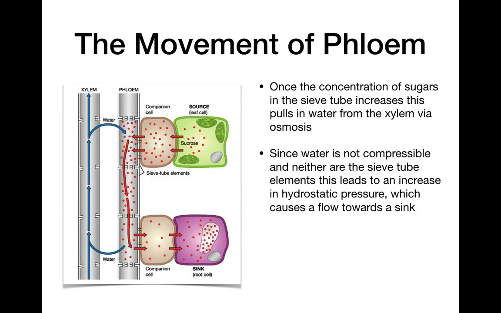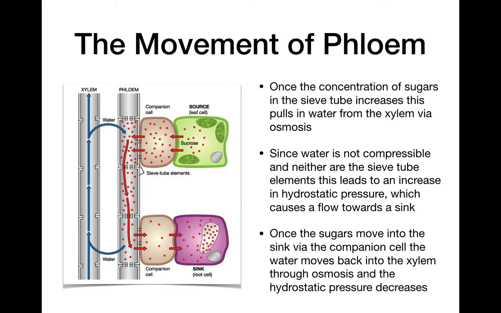Because water can't be compressed easily, and we have all this water and all this sugar here, it's going to be a really high pressure environment, a really high hydrostatic pressure. And because pressure wants to relieve itself and go from high pressure to low pressure, it's going to cause flow towards a region of low pressure. Okay, which in this case is going to be a sink, which in this example is a root cell. The sugars are going to flow towards the sink